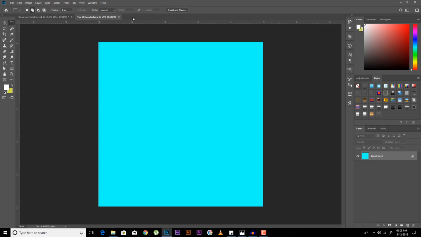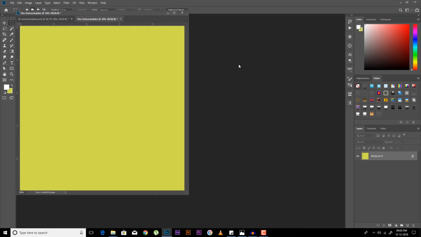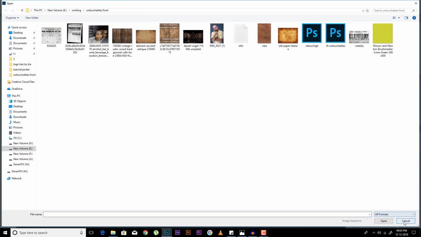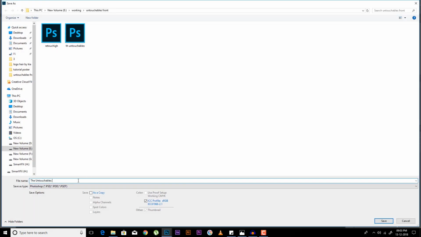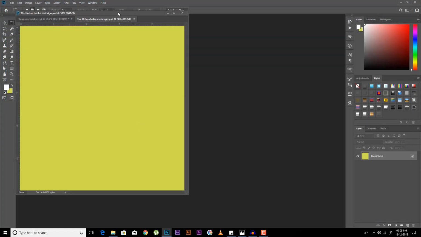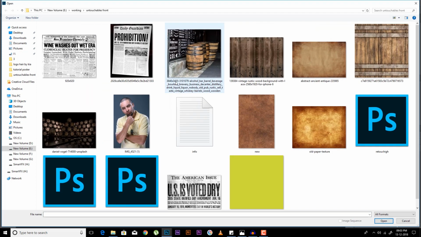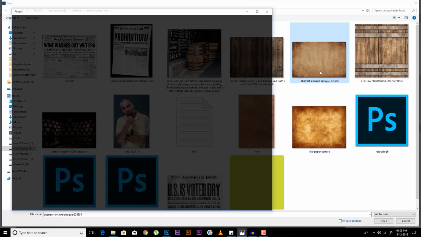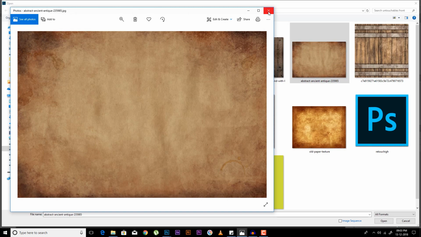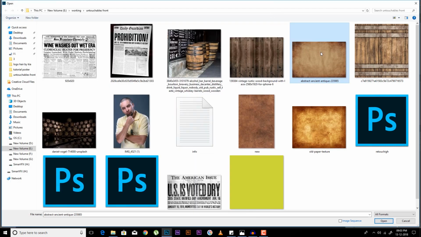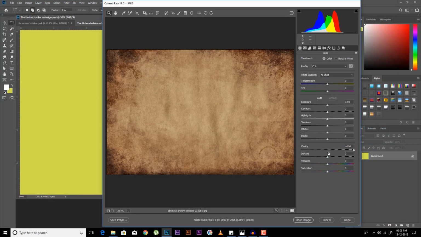Click on the crate. I don't like this lime. Okay, so just save this redesign. As I explained before, I already have the concept. I just made the temporary design, so I'm going to use this ancient abstract antique artwork piece of paper. I'm gonna import it,